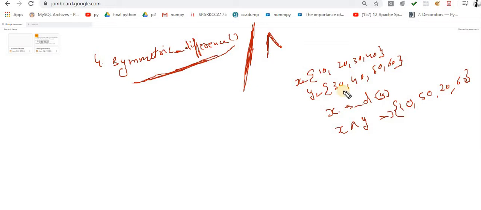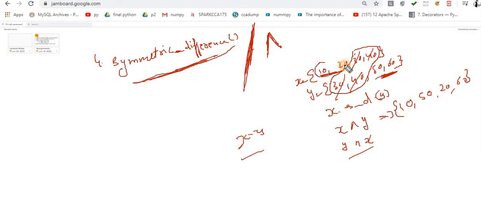So here is a simple way to remember this. The output would be the same in both cases, whether you use the method or the cap sign. Now observe this scenario: the common elements are cut down and removed, so I won't get these elements. What output will I get? From x, the unique items, and from y, the unique items. But if I perform x minus y, you will get only 10, 20.